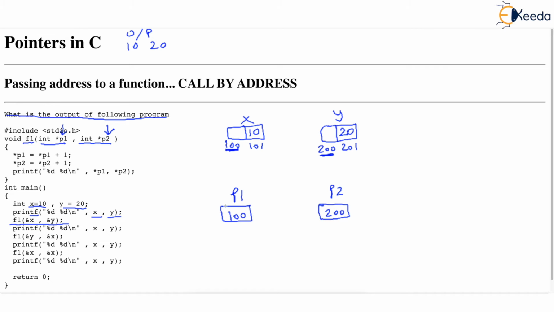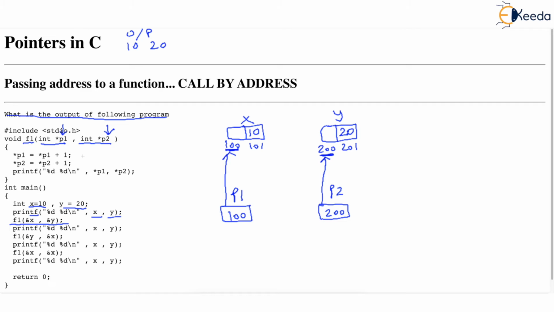So we say p1 points to x and p2 points to y. From now on, you understand that asterisk p1 means x and asterisk p2 means y. Clearly, we can say asterisk p1 means value to which p1 points, that is value of x. And asterisk p2 means value to which p2 points, that's value of y.